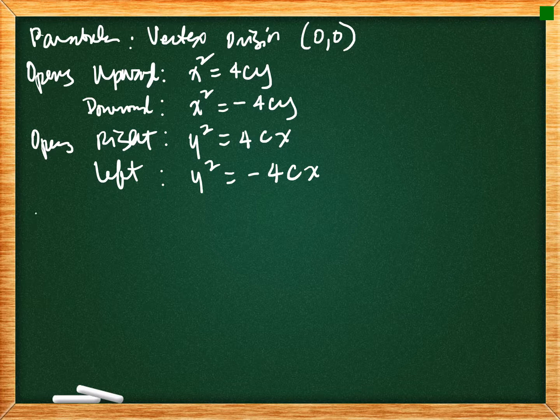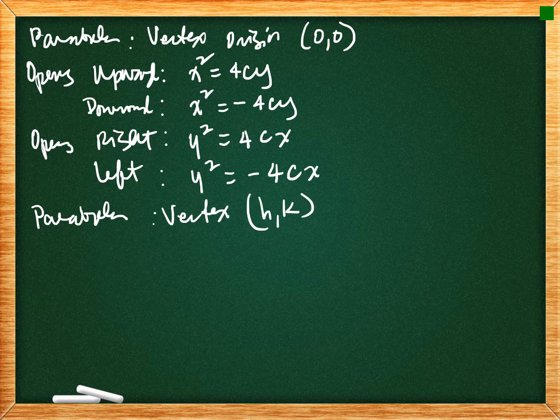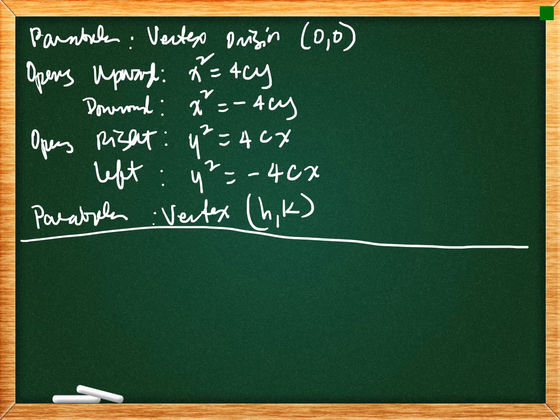Now, what happens when the parabola has its vertex at HK? So the same thing with the equation of the circle. If the center of the circle is at the origin, then the equation would be x squared plus y squared equal to r squared. But when the center is at HK, that would become x minus h quantity squared plus y minus k quantity squared equal to r squared. So the same thing with here. When your vertex